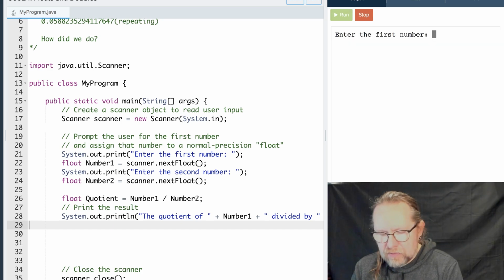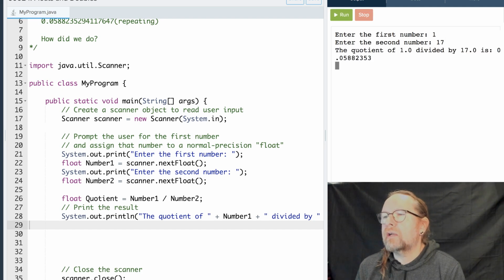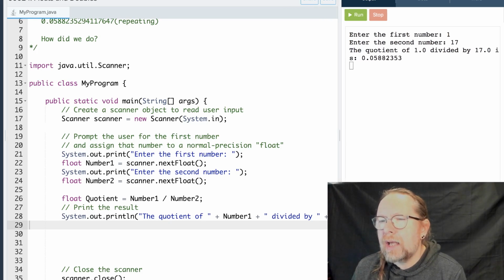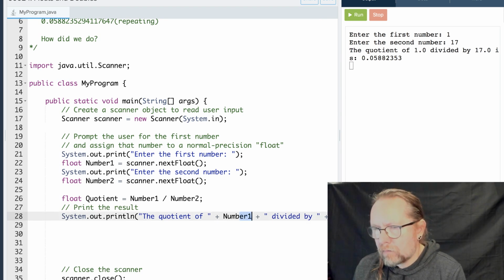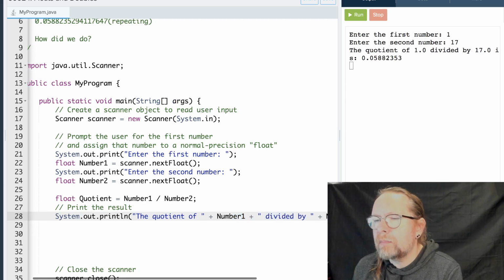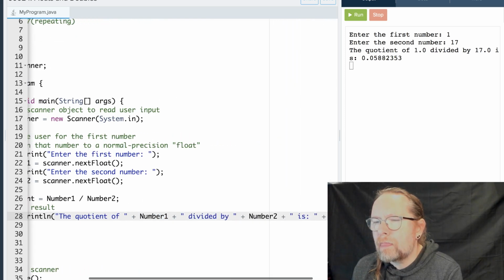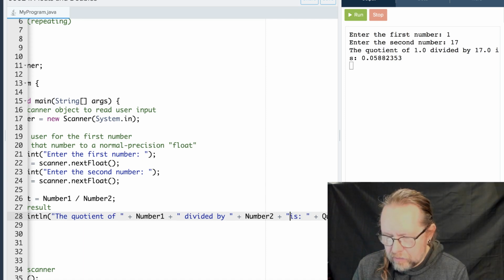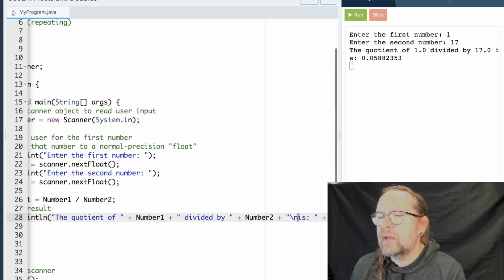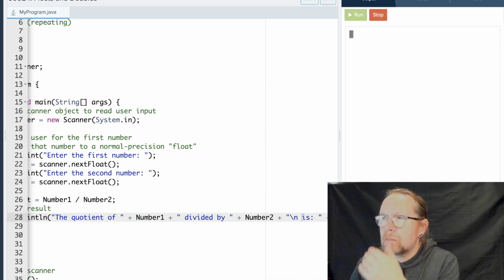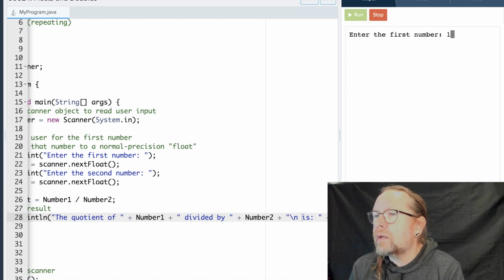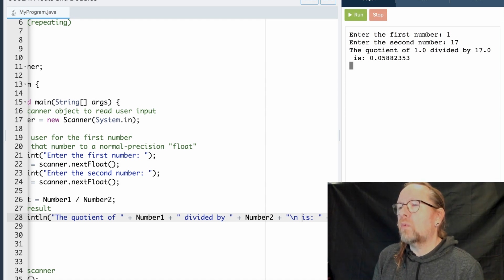And I want to use 1 and 17 again because 1 divided by 17 is a long decimal. Let me put a line feed in here, so my big long decimal all winds up on one line. We'll put it after the word is. We'll put our \n there to go to a new line. I just want to make sure you can see it in the little window over there. Enter the first number 1, enter the second number 17. The quotient of 1 divided by 17 is